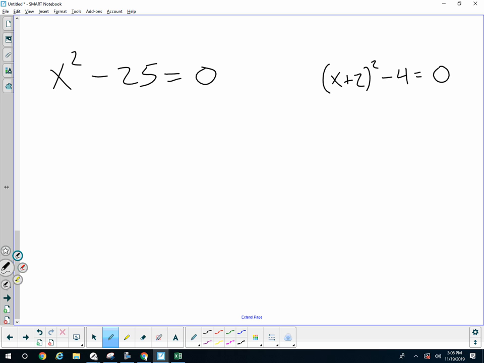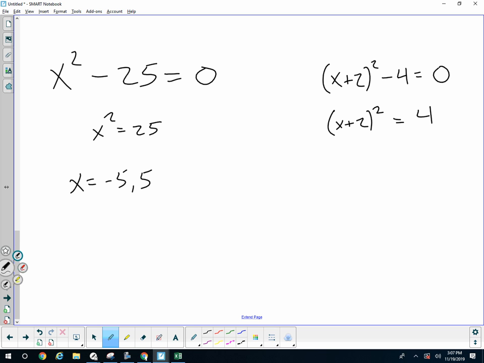It's a decent start. We're really doing this one on the left well. We can isolate the x squared. We square root both sides. We get negative 5 and positive 5. Excellent. We're a little bit intimidated by this one, so let's just do a couple of them. We add the 4,